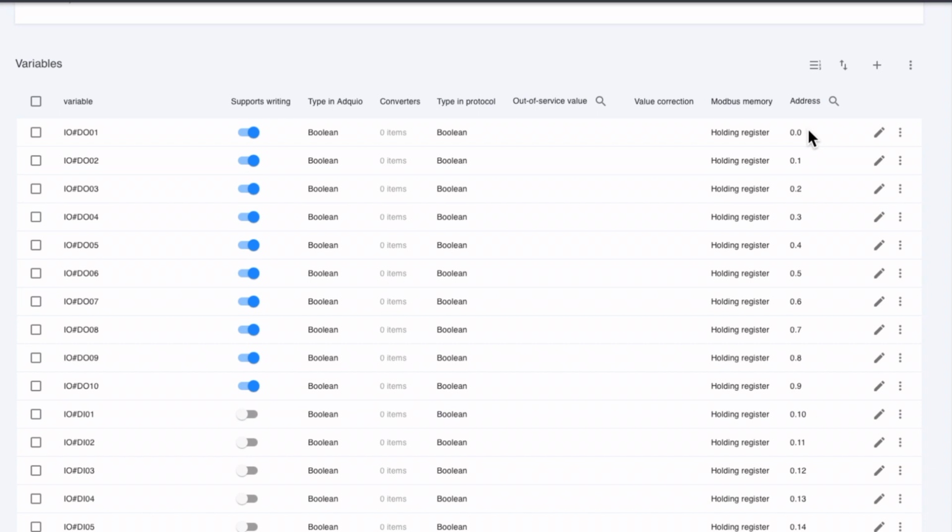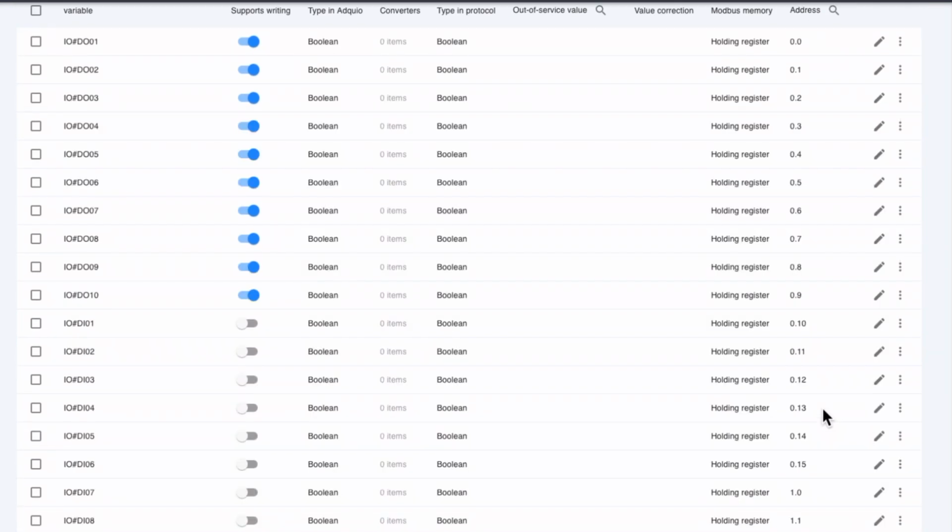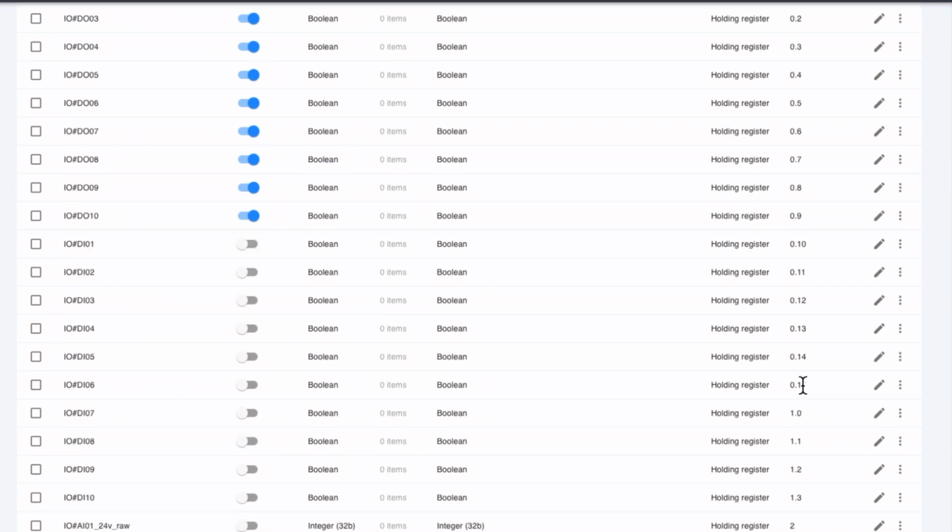Therefore, we are going to see this with the point and bit address nomenclature as it has done. The first variable is at address 0 bit 0. The second variable is at address 0 bit 1. Let's see, it goes like this until bit 15, because they are 16 bits from 0 to 15, and since